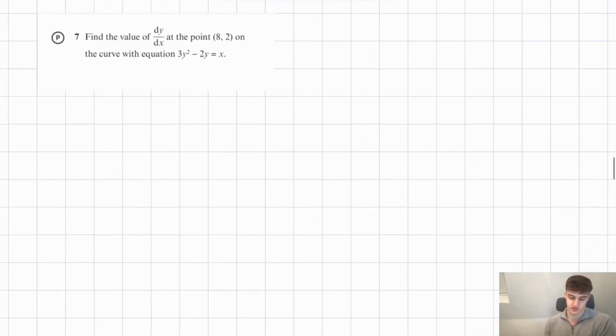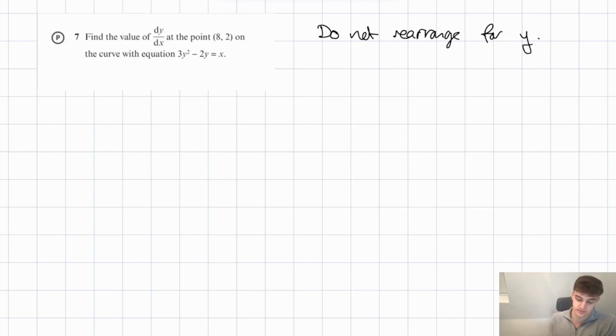Okay, the next problem solving question is question 7. Find the value of dy by dx at the point 8, 2 on the curve with equation 3y squared minus 2y equals x. Okay, so again here, it's probably easier to not rearrange for y. So do not rearrange